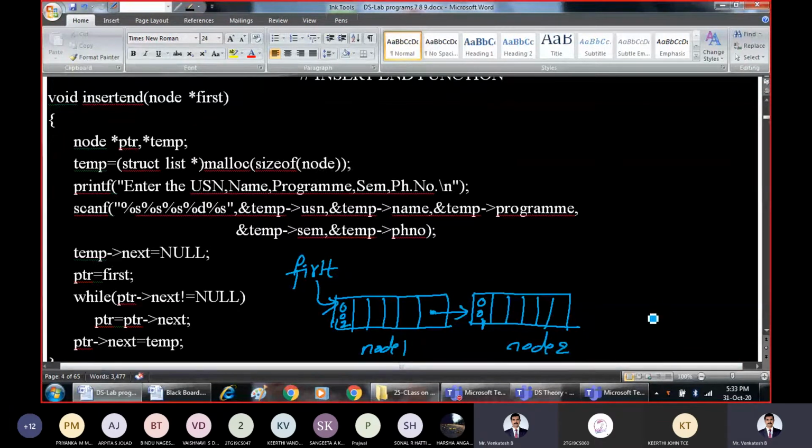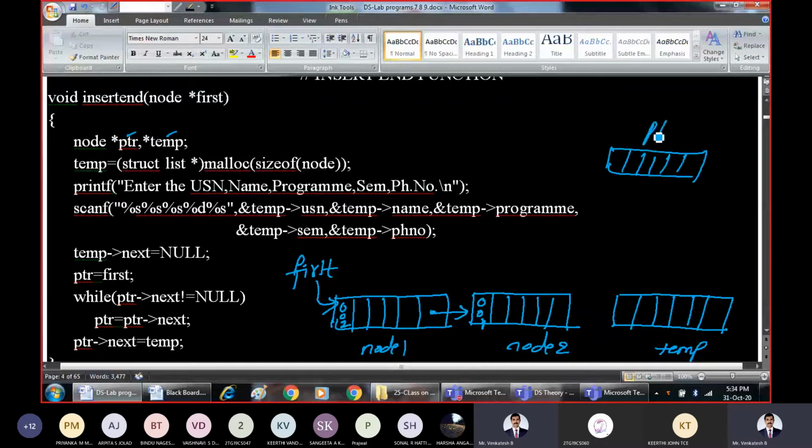Now where should we insert? The next node will get inserted here. If you want, you can show it wherever you want, but as I'm going to connect it to this one only, I'm drawing the new node here itself. Now let us take two pointers, one PTR, another one is temp. So this is our temporary node. Similar to that, we will be taking one more node called PTR. It will be used for traversing purposes.